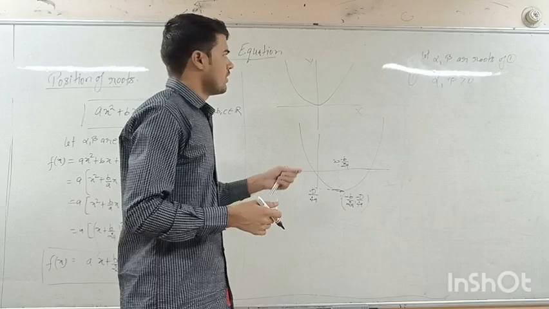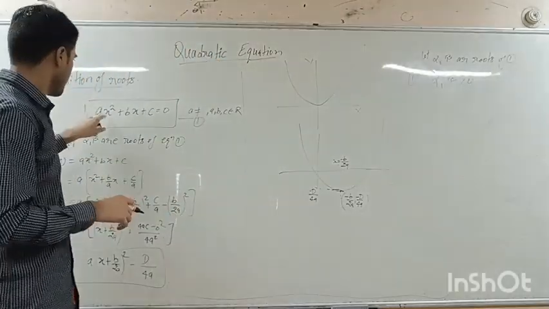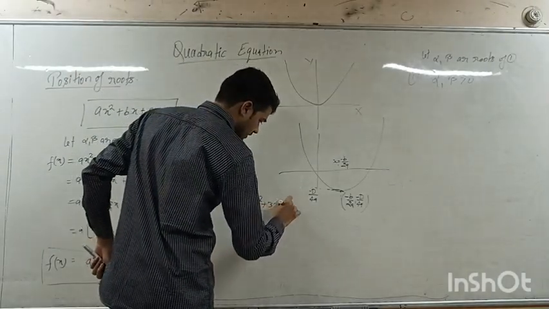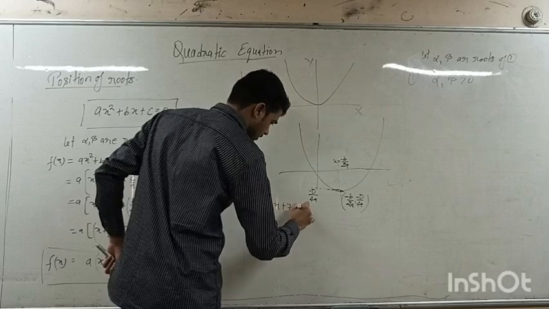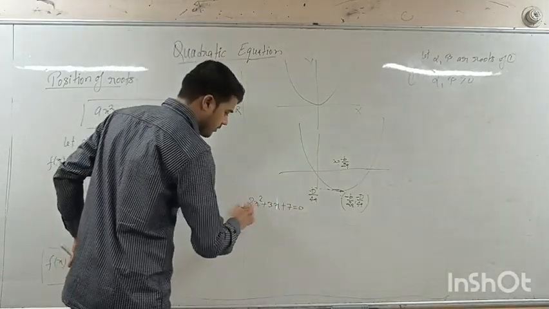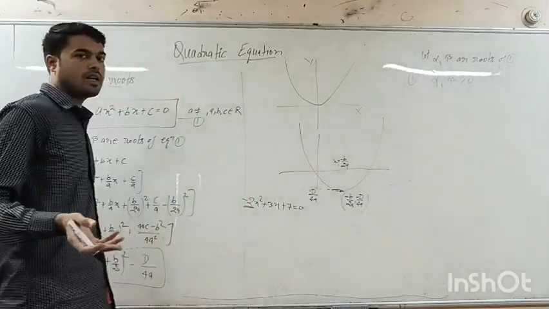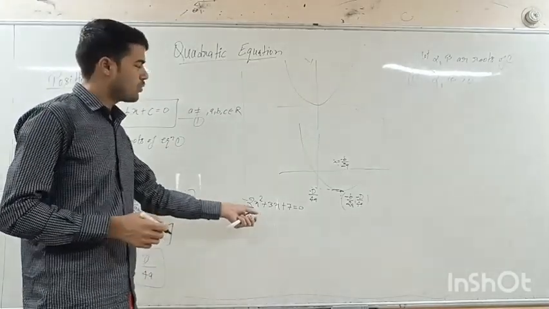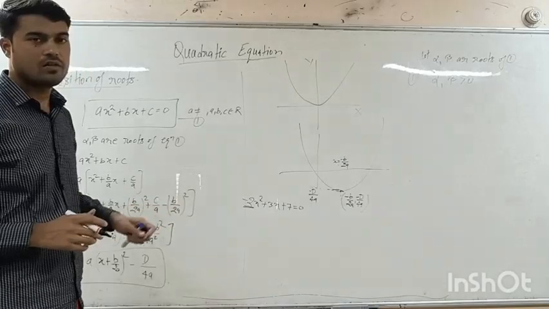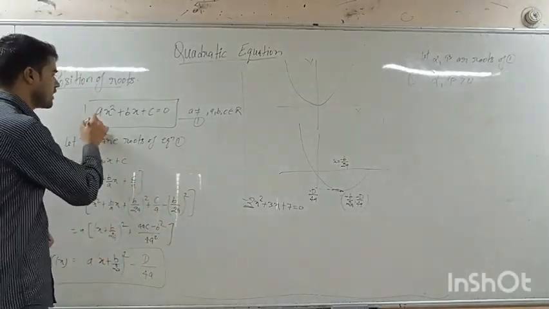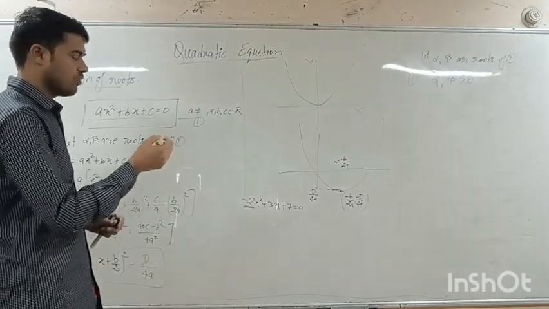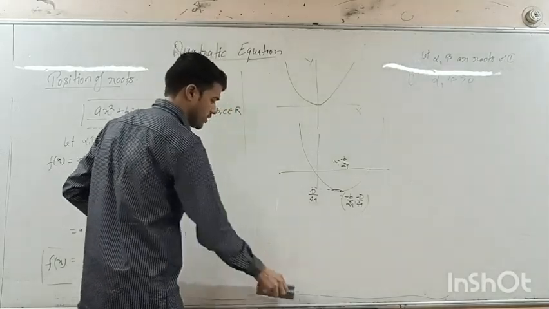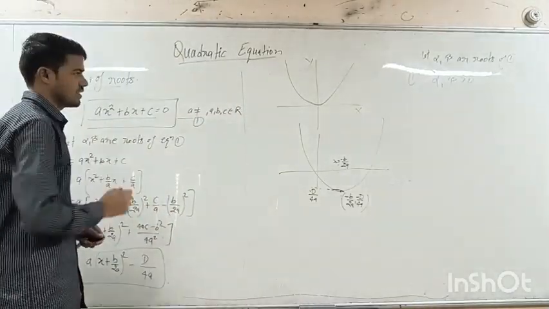We can reduce cases by making a positive. Like if an equation is 2x square plus 3x plus 7 equal to 0, we can make a positive. If it is minus 2, then we will multiply by minus 1, so we can always make a positive. Making a positive lowers the number of cases, but in many questions they give a general equation, so we will not suppose that a is positive, because in many cases we have to deal with general cases.